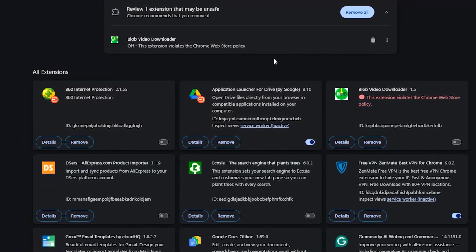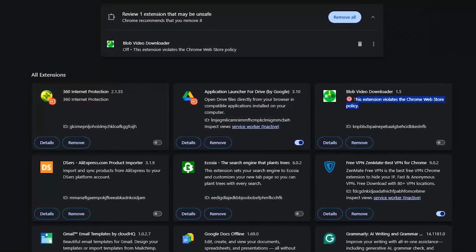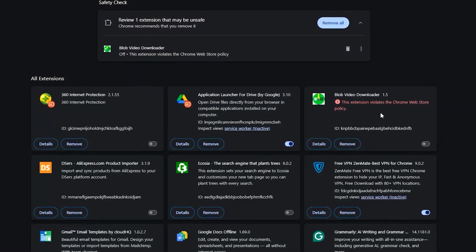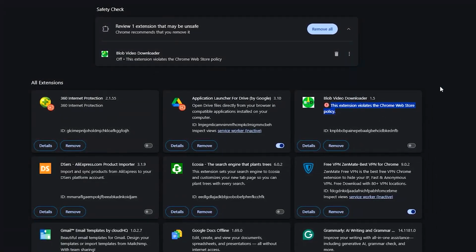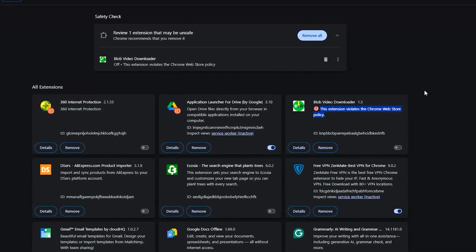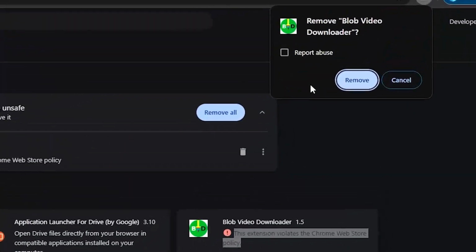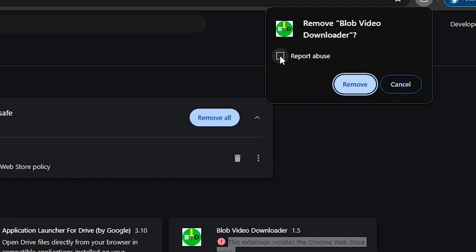So if you've installed a lot of extensions on your Google Chrome browser, and many of these are some that you're not aware of or some that you don't even use, then it is highly recommended that you start deleting or removing these from your browser for your own safety. I mean, it's not even useful either, so let's just delete it. So here we go, we just click delete, remove,